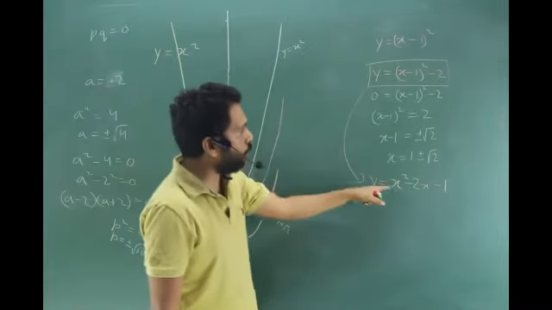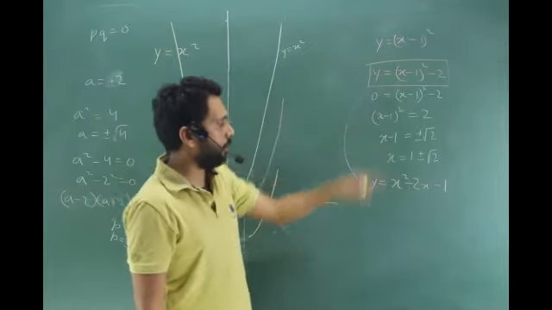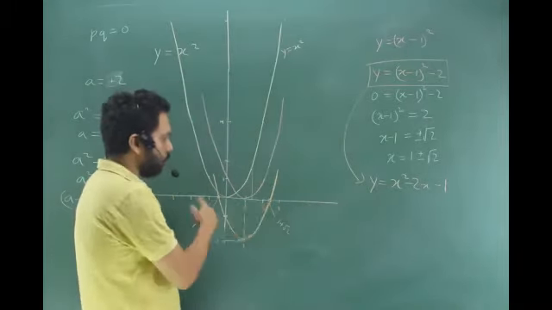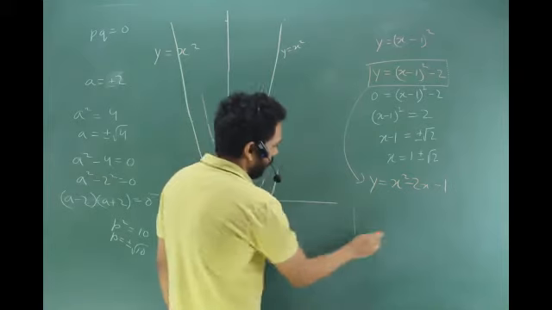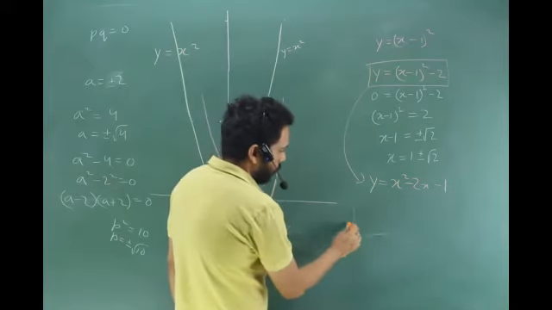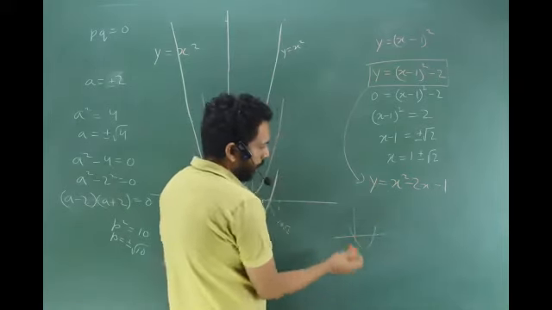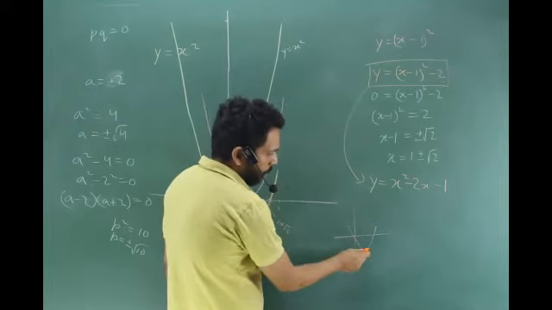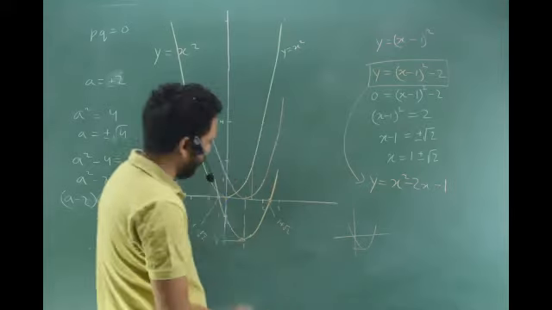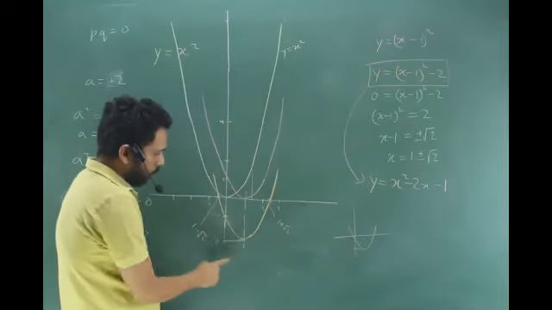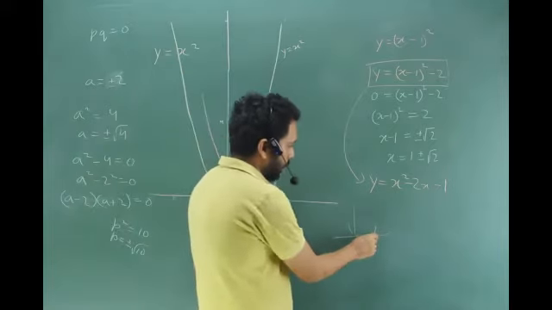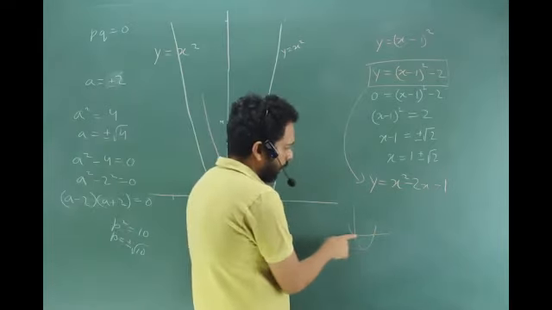If you don't box it up like that, and I ask you to tell me precisely where it is cutting, suppose you did some plotting and said, sir, I could actually draw, so no need to shift and all, it came something like this. I'm big time doubting that you'll get the lowest point right. Here it was an integral point, 1 comma minus 2, so you'll fluke it. But this was not an integral point, so I doubt whether you'll get these two points right.